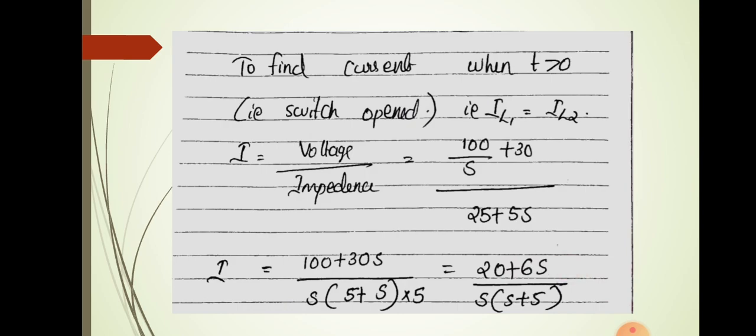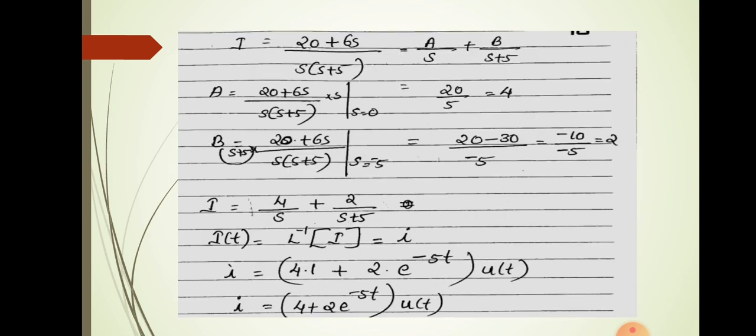This is the Laplace S domain value. To find the time domain value, you can take the inverse Laplace transform. So you have to again go for the partial fraction method. It is in the proper rational form because here the order is 1, here the order is 2. So the numerator has a lesser order compared to the denominator. So you can directly go to the partial fraction method. You can find A and B like the method that we have used in the previous sections. So you will get A value equal to 4 and B value equal to 2.